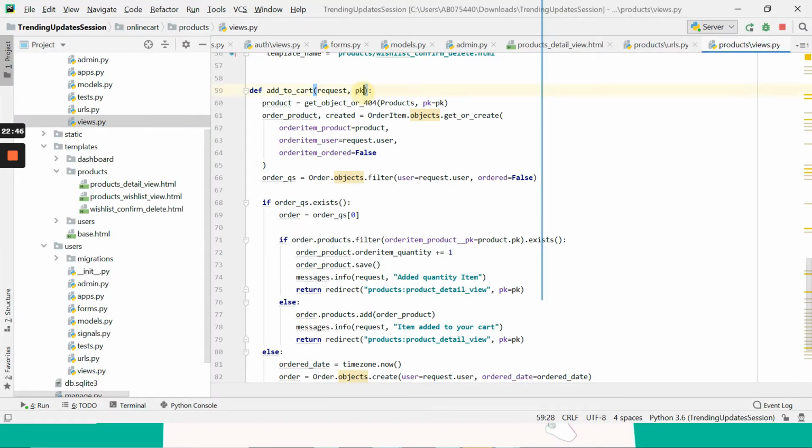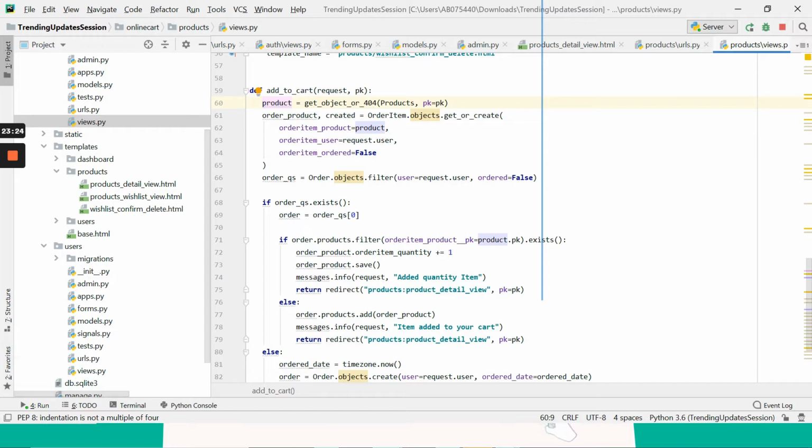Okay, this is the ID of the product that we are passing. That ID will come in here as a PK, and we are first going to check if the product is actually present or not. So get_object_or_404 will give you either the object or a 404 error directly. This is the shortcut for getting a particular object. From the products model you pass in this primary key, which is 1 as of now, and it will take all this and store it under the product object. So this is the product object.